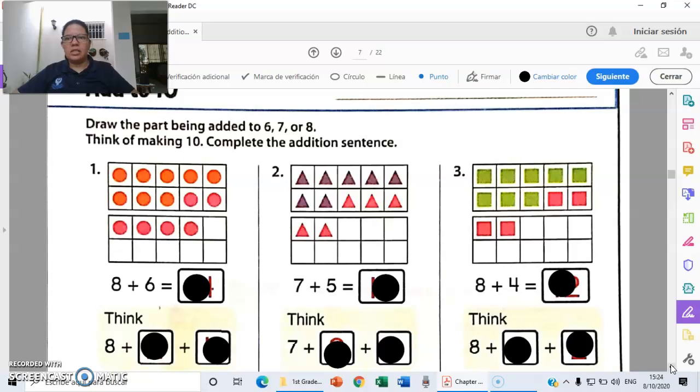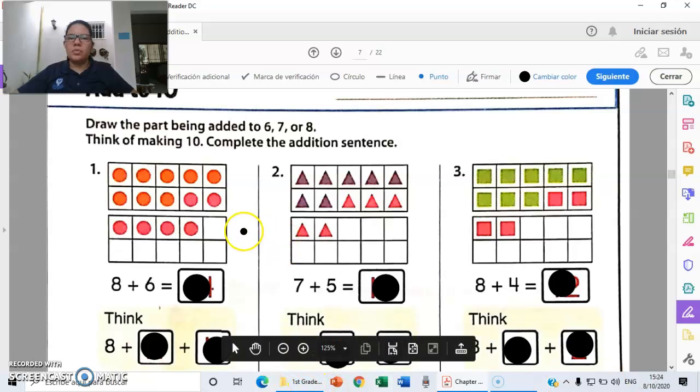So the first exercise you have here is: draw the part being added to 6, 7, or 8. Think of making 10. Complete the addition sentence. So here we start first thinking of the 8. So you have in your book 8